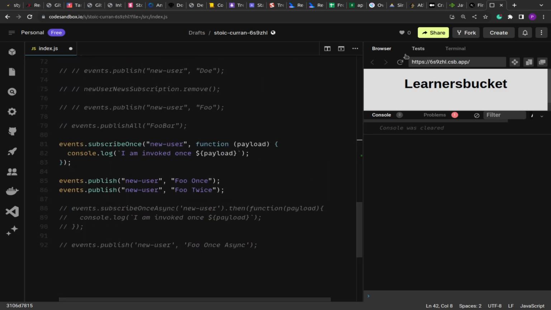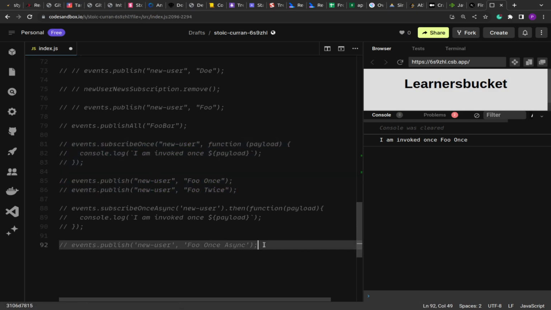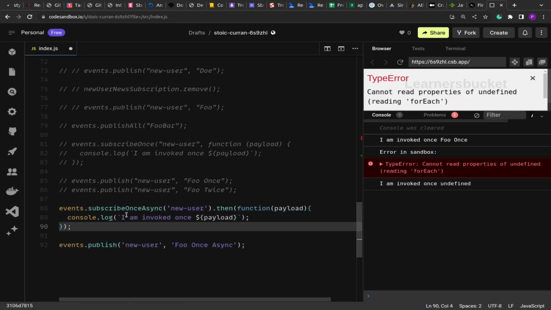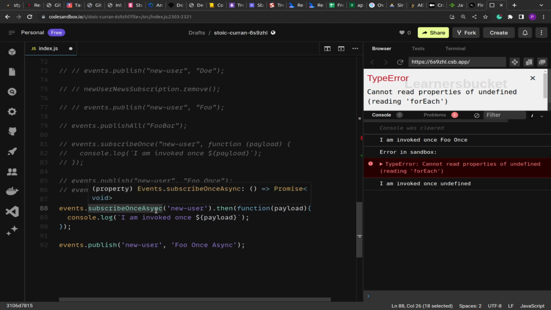So see, if I run this again, you will see that we are getting I'm invoked once. So the twice part is never invoked, because after invoking once we have reset the list in the map. Similarly, for the subscribe once async, this is a little bit different. In the async function, what we have to do is we have to return a promise. So subscribe once async will return a promise, and once that promise is resolved,